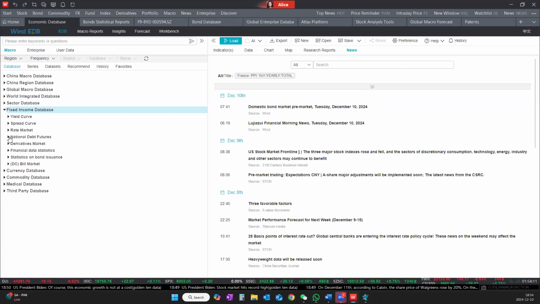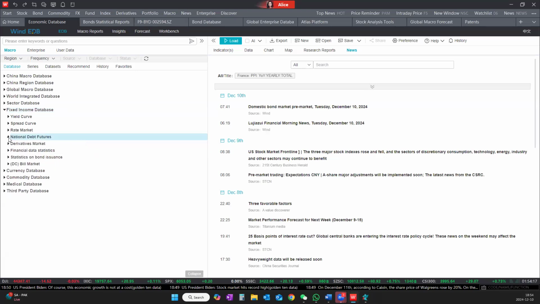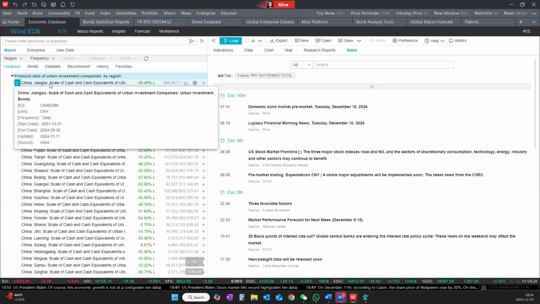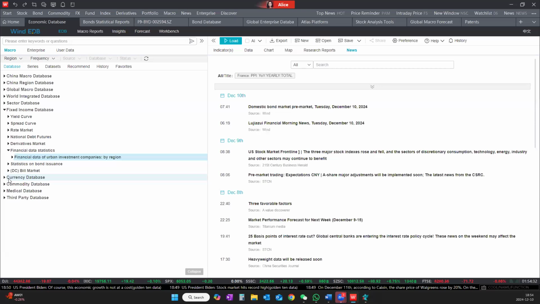You can see the national debt futures with T-bonds, with the futures of net basis, and you can have the financial data statistics as references. Except for the national level, we also provide the provincial level and the city levels. In the currency database, we provide the foreign exchange with a curve with the RMB exchange rate or international exchange